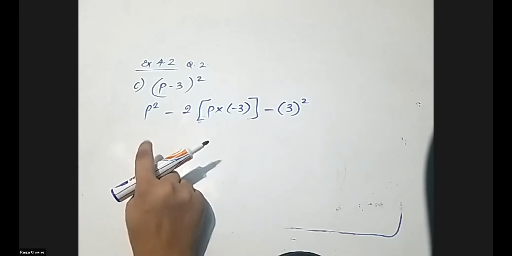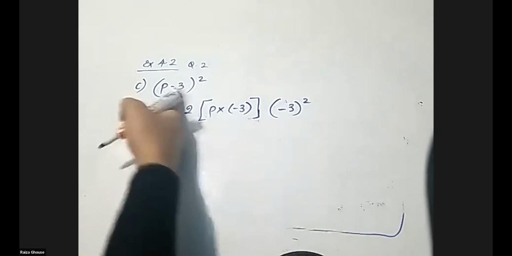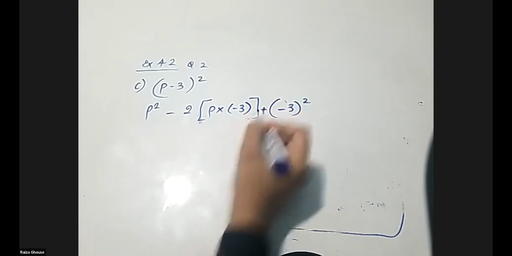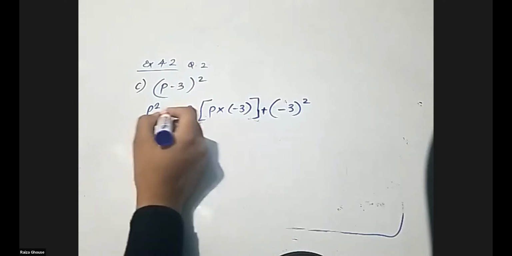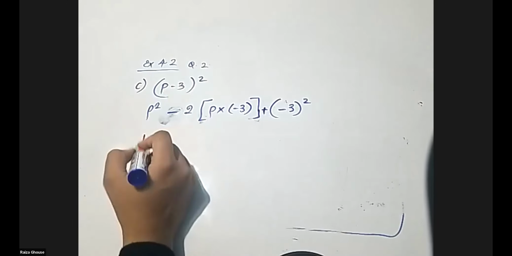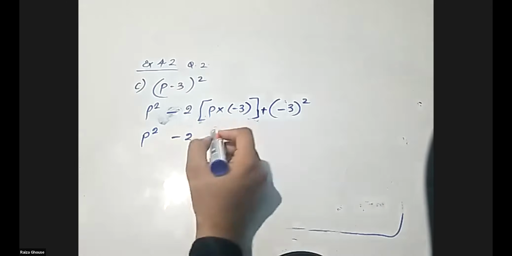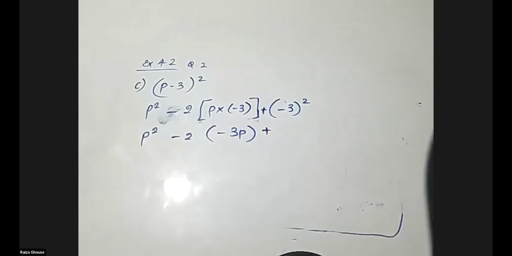Okay, right. I can put even like this, minus 3 squared. Second term is a negative, no? Right? Now I can put plus here, and I can put even plus here, but it's becoming more complex again. I can put negative, it's already negative. Now I am solving. p into minus 3 is minus 3p, plus minus 3 into minus 3. What is it?